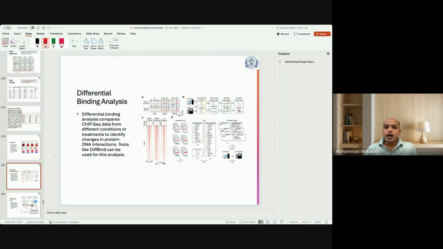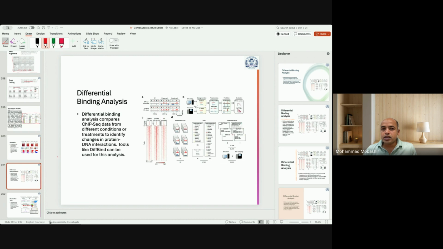So once you are finished with annotation, then you go for differential binding analysis, very similar to differentially expressed genes. The difference between differentially expressed genes and differential binding analysis is that there you call the number of genes expressed, the expression values. Here you call how many binding sites are present. And then since you are comparing between more than one group, you can compare, and that is called differential binding analysis. Similarly, the p